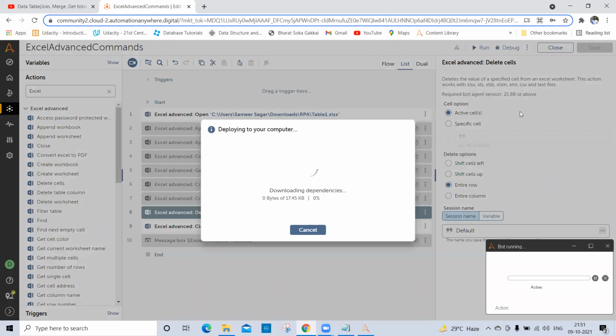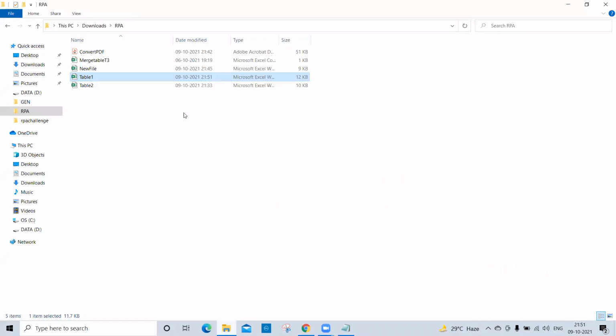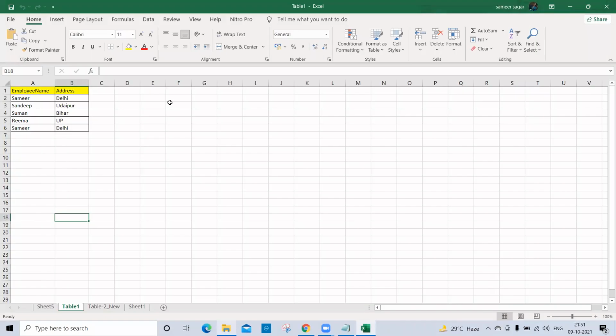Active cell will be done again by that. Where is your cursor right now? Right, where my cursor was, that's pointing. Okay, so let me open this one. Does it delete it? What was the name at that cell? I forgot that one. I think Samir was the name. Okay, let me highlight this one and let me check now. Okay, Sandeep, there's no Sandeep, only one Sandeep is available here, and my cursor is here.